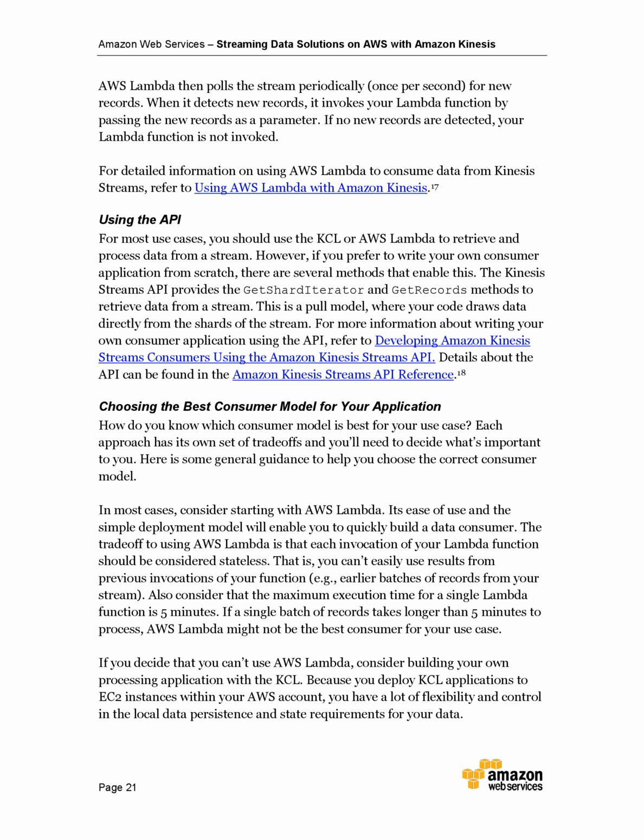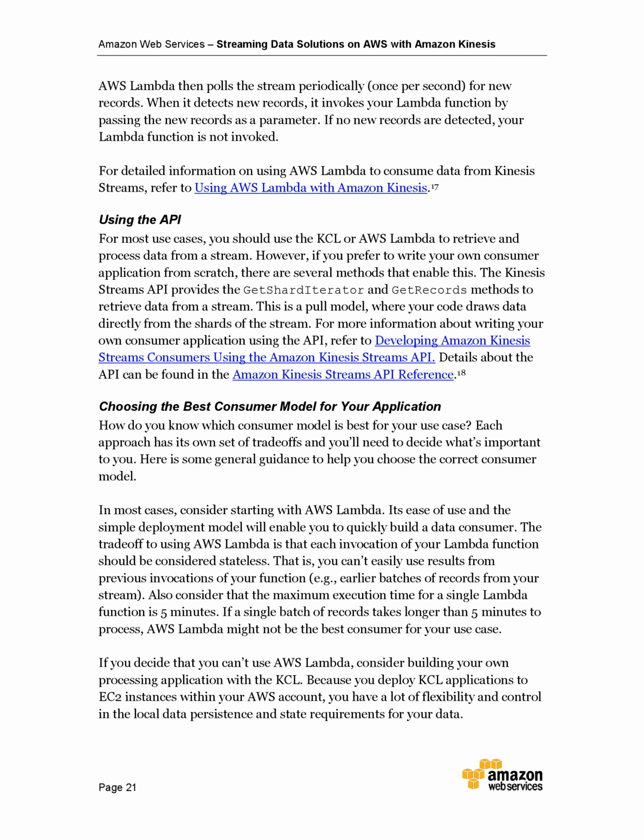For detailed information on using AWS Lambda to consume data from Kinesis streams, refer to using AWS Lambda with Amazon Kinesis. 17 Using the API. For most use cases, you should use the KCL or AWS Lambda to retrieve and process data from a stream. However, if you prefer to write your own consumer application from scratch, there are several methods that enable this.